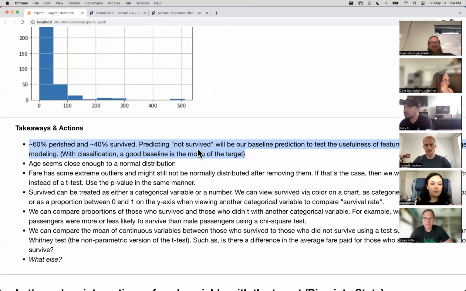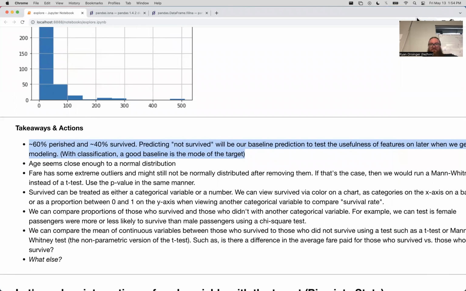Predicting, so let's talk about this. If most people did not make it off of the Titanic, if we were to guess at random without a machine learning algorithm, what's most likely going to happen to anybody that was on the Titanic? They most likely didn't make it, unfortunately. That's what's called a baseline prediction. Your baseline prediction, we'll talk about this with modeling more. It's the best that you can do without a model. In so many words, usually with a categorical, it's the mode, the most frequently occurring option.